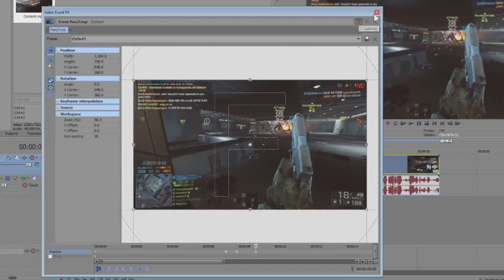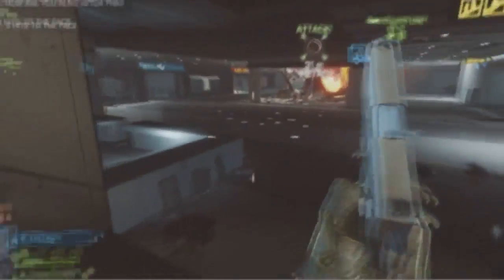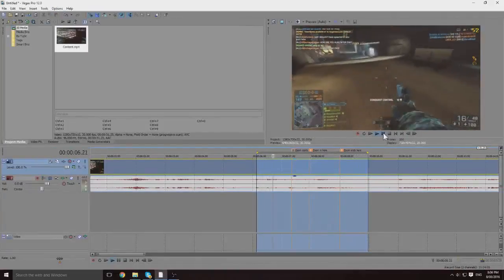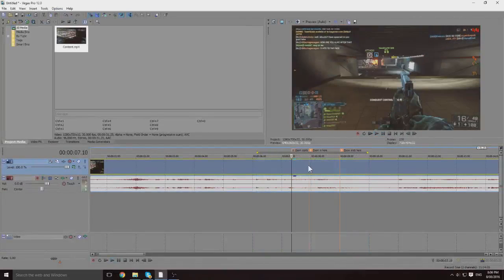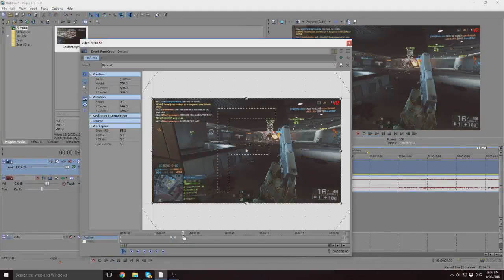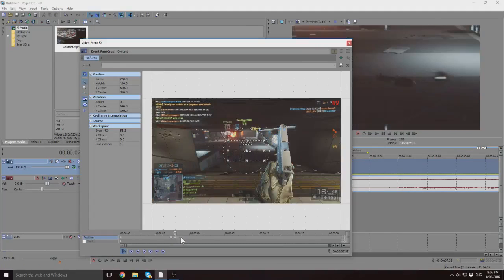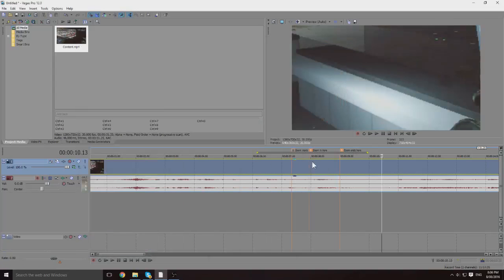So let's see how that looks. So as you see, it's zoomed in and zoomed out. That's what we need. Also, if you just want it to zoom in and stay zoomed in, just delete that keyframe we created to restore it. And now it's just left with the keyframe that's zoomed in. So if we have a look at this, it just zooms in and stays zoomed in